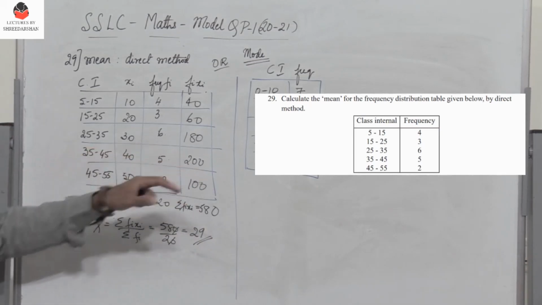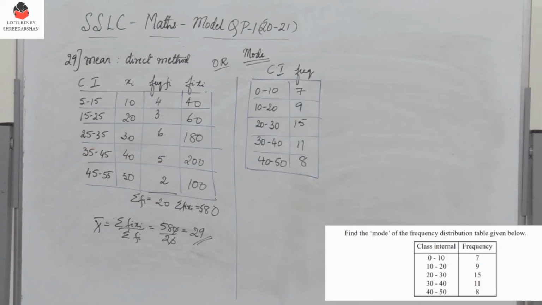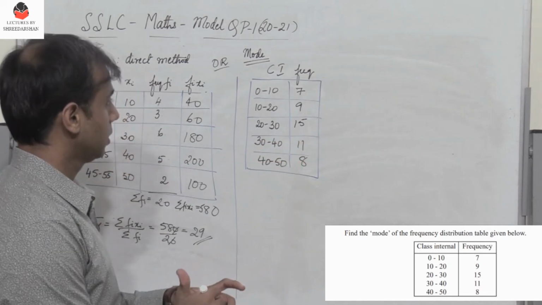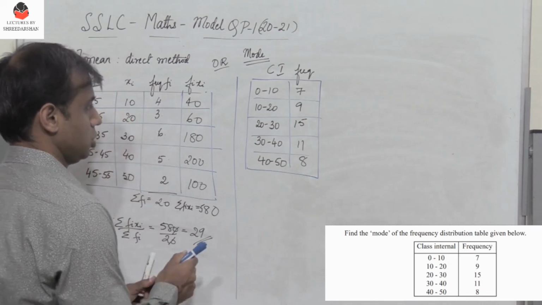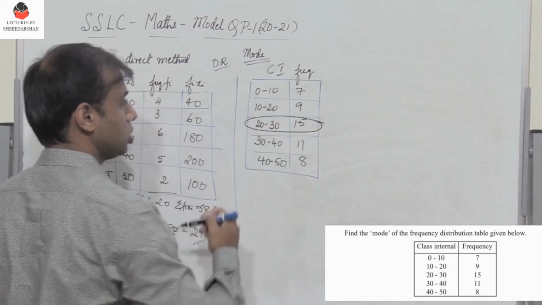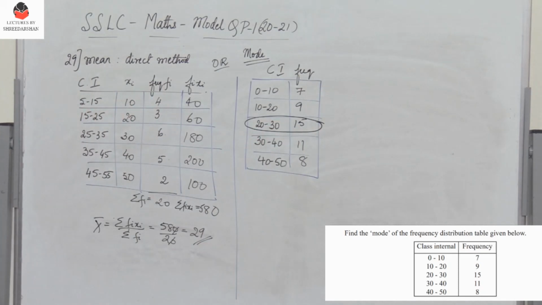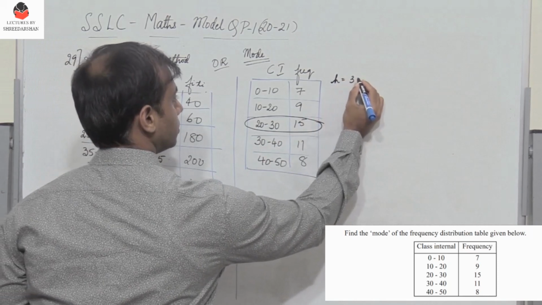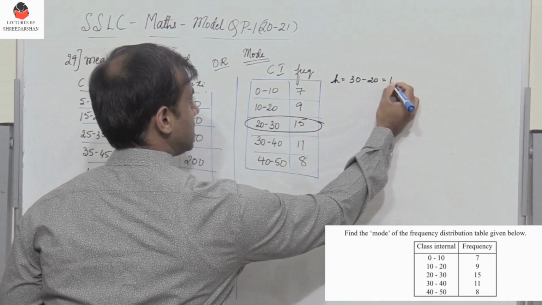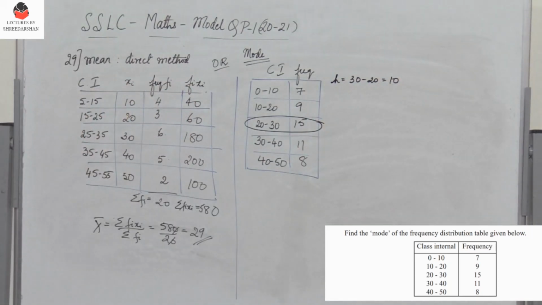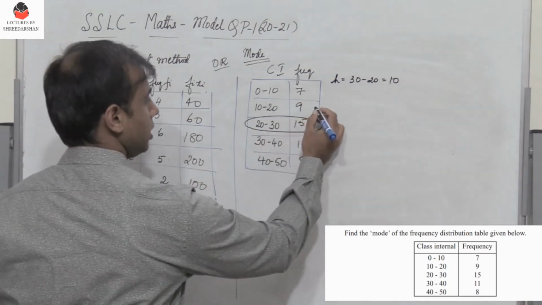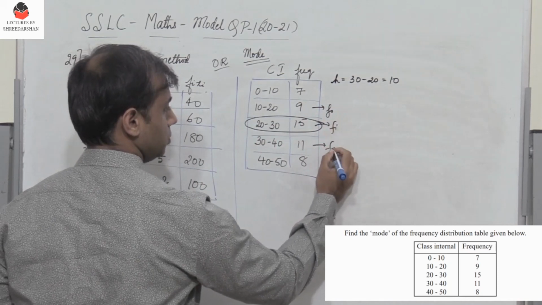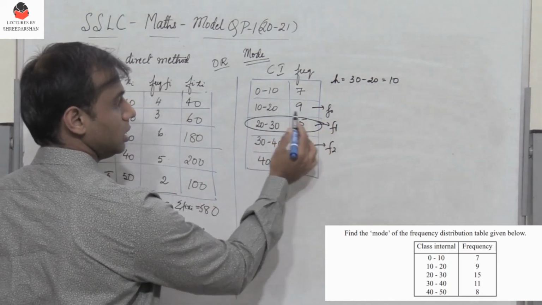So now the next one is mode. So we need to find the mode. To find the mode, calculate the range where you have maximum frequency. So I realize that the maximum frequency occurs in the range 20 to 30. Alright, so therefore we know that h is nothing but 30 minus 20, which gives me 10, and then I need to define f0, f1 and f2. So this becomes f0, this becomes f1, and this becomes f2,